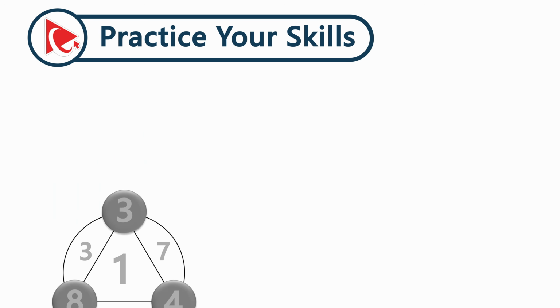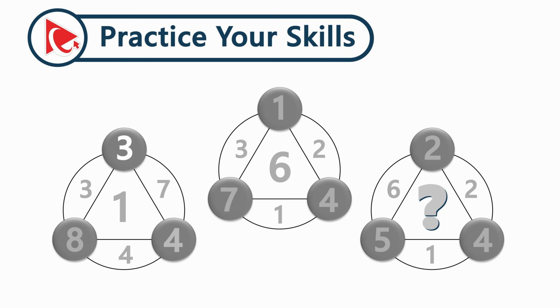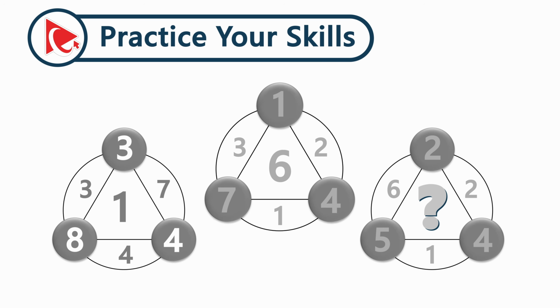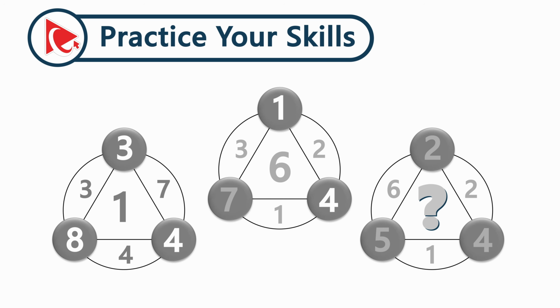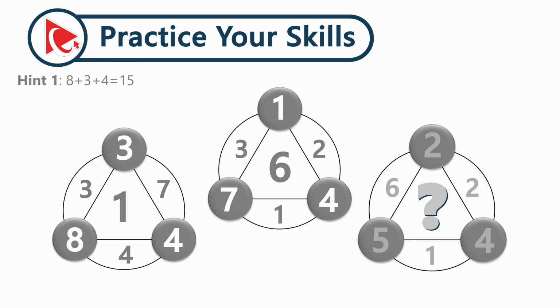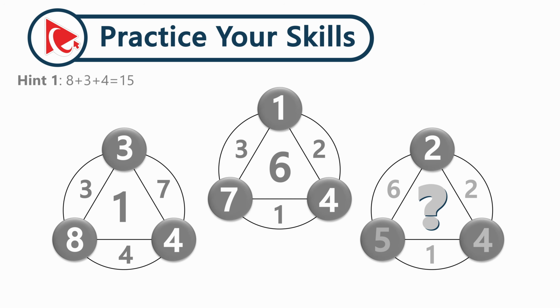In the new question, the first shape has numbers 3, 4, and 8 on the outside, 3, 7, and 4 on the inside, and number 1 in the middle. The second shape has numbers 1, 4, and 7 on the outside, 3, 2, and 1 on the inside, and number 6 in the middle. And then the third shape has numbers 2, 4, and 5 on the outside, numbers 6,